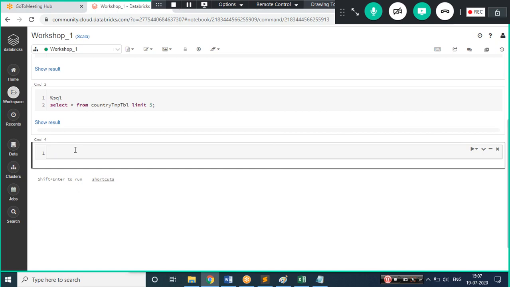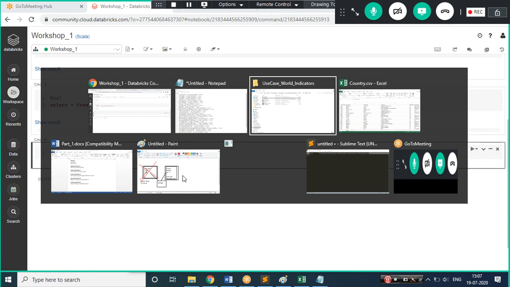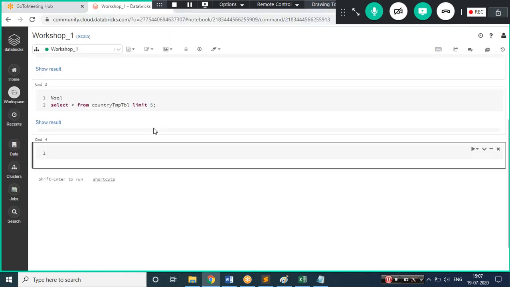So now what I'll do is, I'll try to load the next file, which is nothing but my indicators.csv. The same thing you'll have to write. You will have to write your variable, which is immutable. It depends on you whether you want to use mutable or immutable. So indicators data frame, the same stuff we write, spark.read.format, and the format was csv.